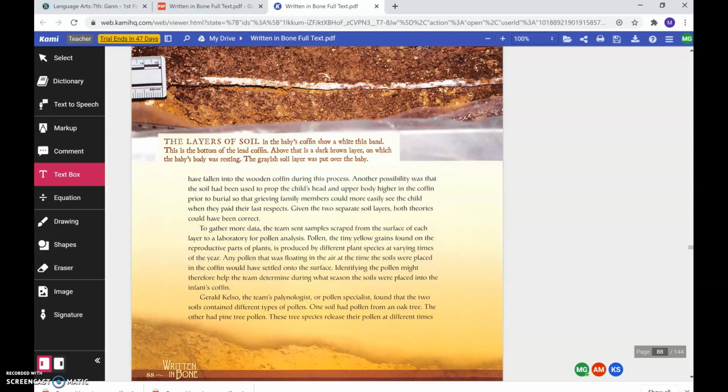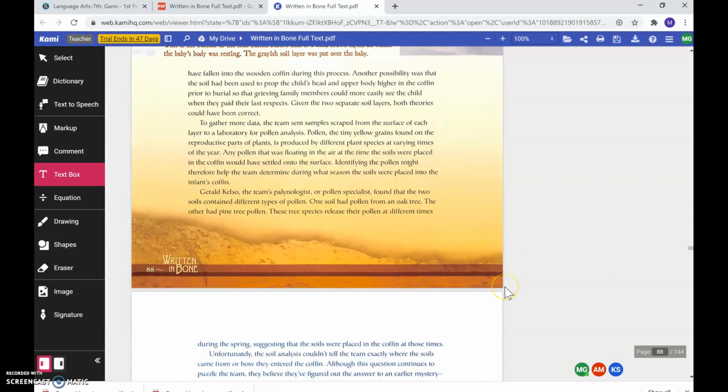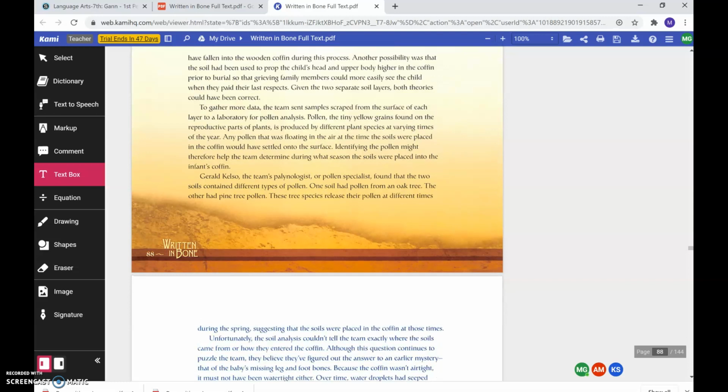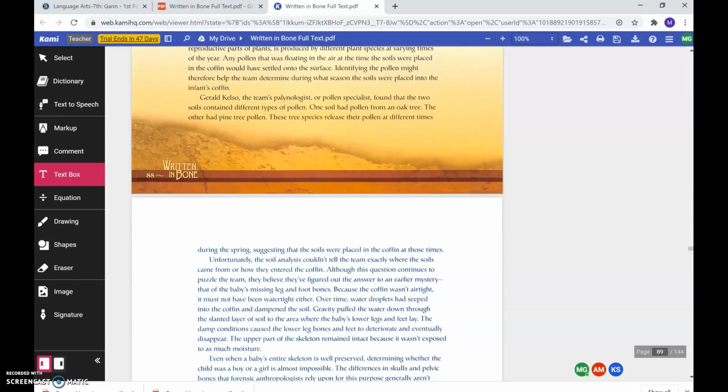into the infant's coffin. Gerald Kelso, the team's paleontologist or pollen specialist, found that the 2 soils contained different types of pollen. One soil had pollen from an oak tree. The other had pine tree pollen. These tree species released their pollen at different times during the spring, suggesting that the soils were placed in the